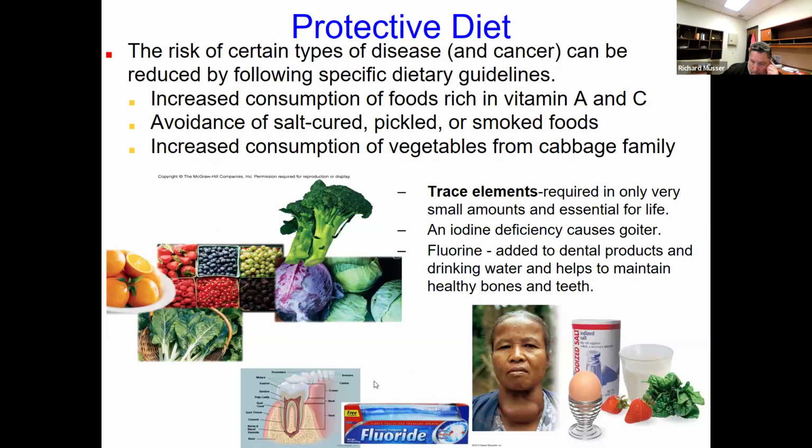Anyway, the rest of these slides kind of talk about nutrition. Again, I'm not going to say that you're going to get an adequate amount of information about nutrition from these slides. Obviously, it's something you're going to have to spend some time researching. There are going to be different advocates for different types of diets. Some of it's going to be from the USDA, some of it's going to be from different groups. And I think there are some real things that you need to focus on.